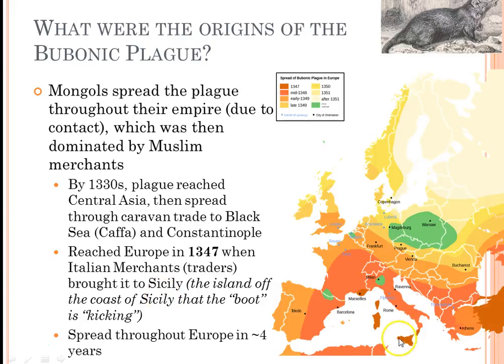So it reached Sicily and Italy in 1347. Remember, this island right here is Sicily. That's where Messina is, and it was brought to that area by Italian merchants. Remember, because of the Crusades, we now have seafaring, so they could travel the Mediterranean Sea to get to places like Constantinople or Athens, or North Africa and other places like Jerusalem along those major trade routes. So in about 4 years, the plague has totally taken over and ravaged Europe.